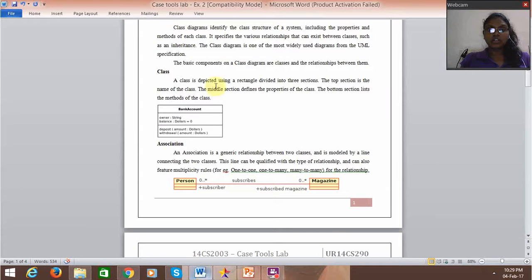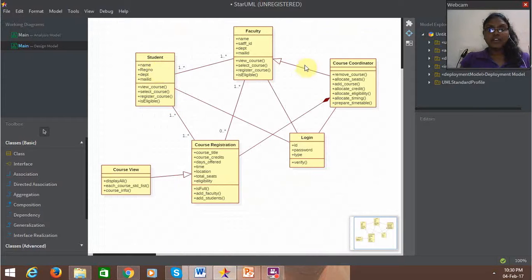So what is a class diagram and why is it used? A class diagram is used to identify the class structure of a system. It is made up of class boxes which have the class name, the attributes, or you could say the variables associated with the class, and the functions that the class would be performing. In this experiment, I have a total of 6 classes: one for student